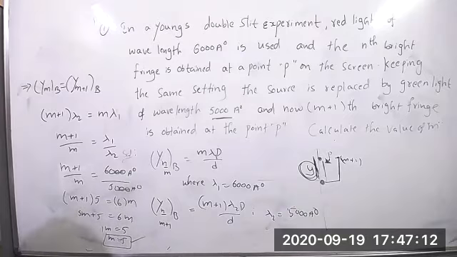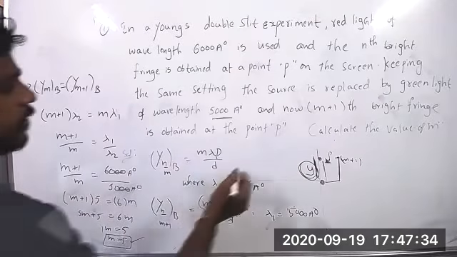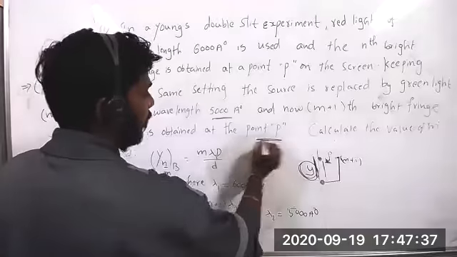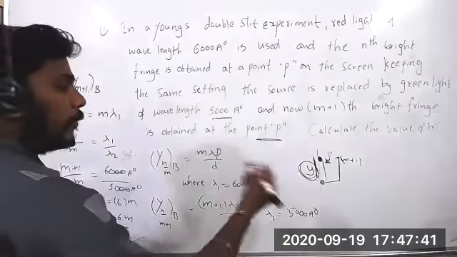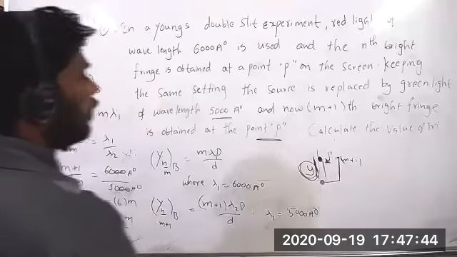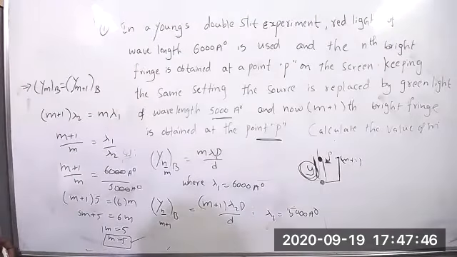Write that. So then the difference is 0. Which difference? The fringe difference we find. Both are bright fringes only, both placed at the same place. So the vertical difference is 0. They are also obtained at the point P only. Here only, when you place the red and when you place the green light, both bright fringes form at point P only. So there is no difference.